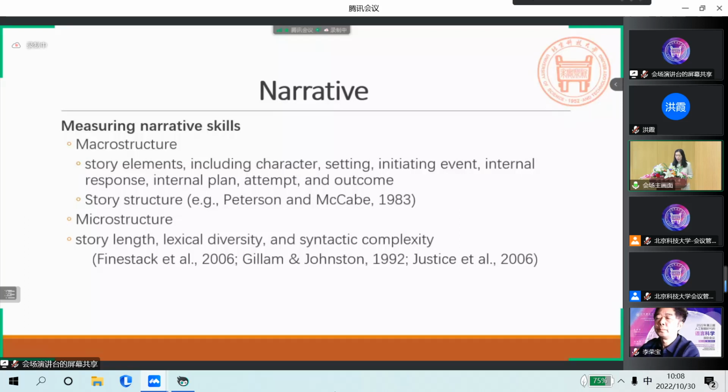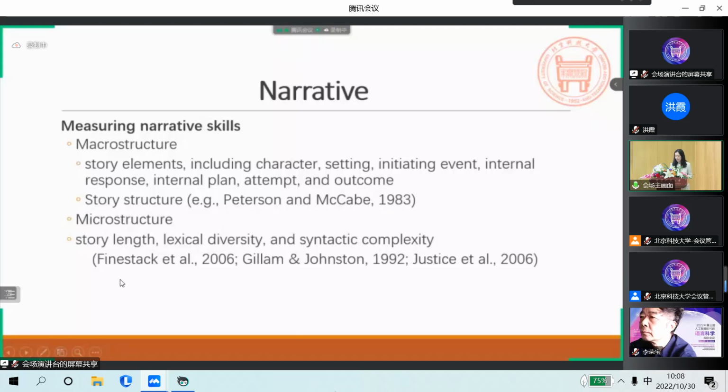And about the second dimension, that is microstructure. Microstructure deals with linguistic features or specific language features. So this includes the levels of vocabulary, syntax, and cohesive devices. So in the literature, usually the researchers might include indices such as the story length, lexical diversity, syntactic complexity, and